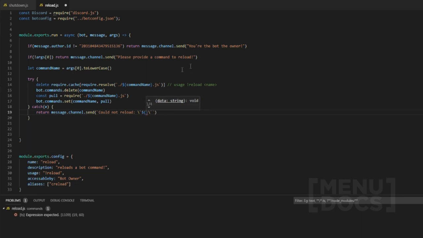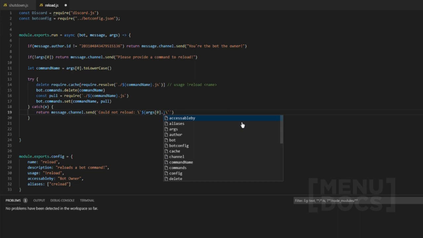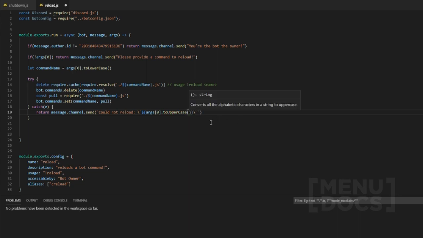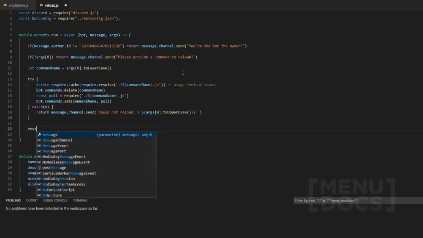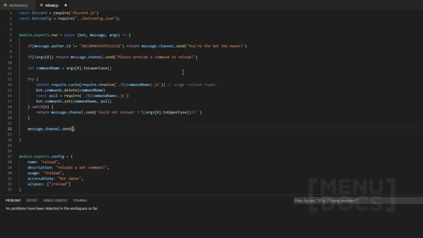So if you don't add the backslashes, it's going to cause an error. What's going to happen is it's going to embed the name, and then we're going to do toUpperCase just so it looks cooler, then toLowerCase, then toUpperCase. Now obviously if it does not error, we want to just quickly send a message to the channel, message.channel.send,